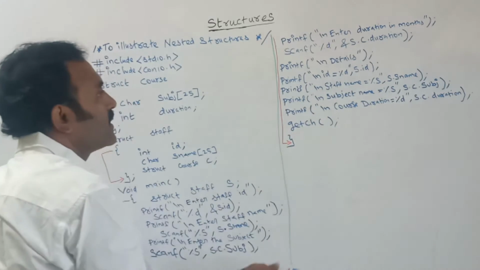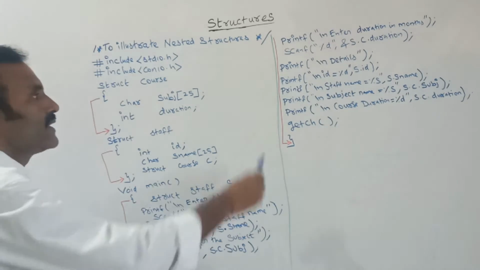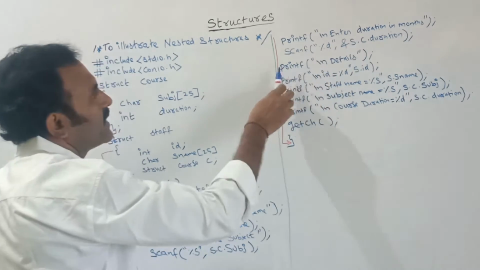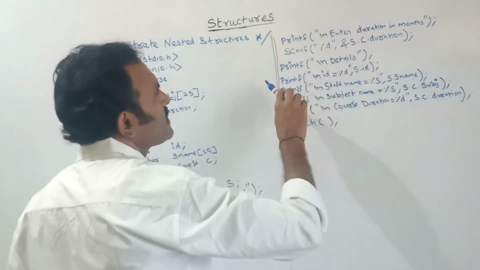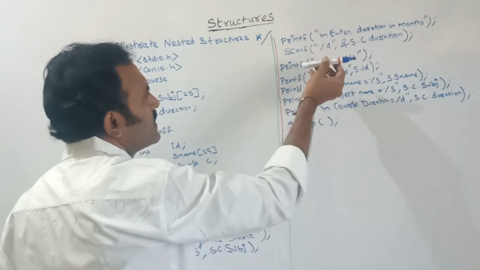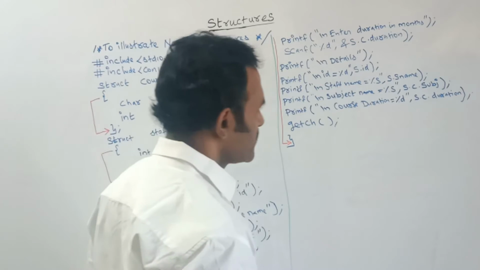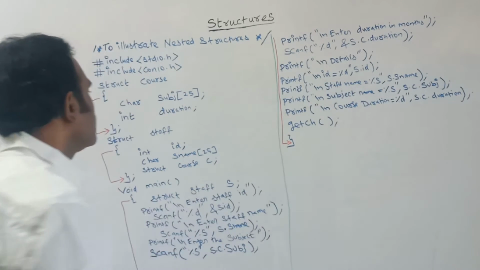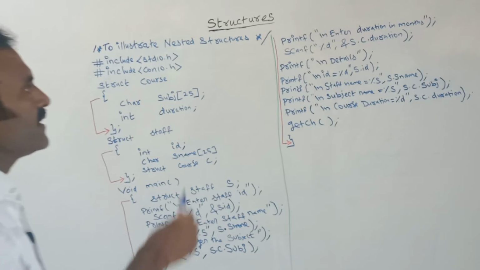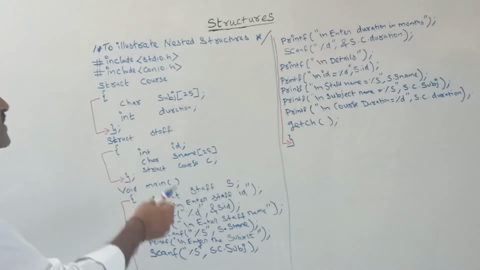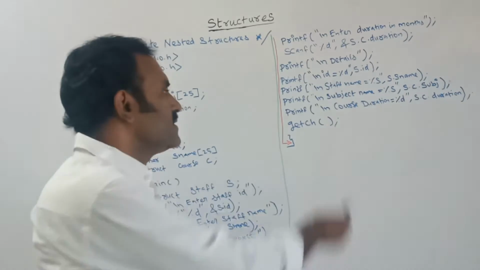In the same way for printing, after getting the input for each and every structure member, now I am telling it to print that. At the very first, after getting the input details, the message Details will be printed. Next, after the details, the staff ID, staff name, subject name and course duration will be displayed. This is the nested structure within this structure. I had created two structures and given input for them, and the details I had given for the two structures will be displayed here.